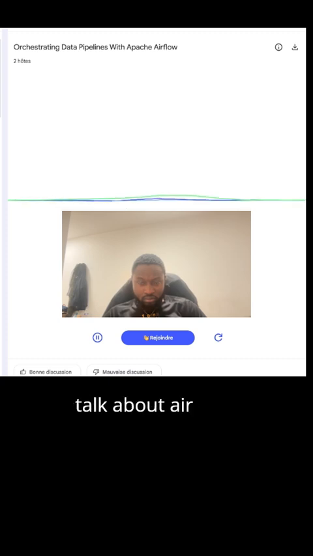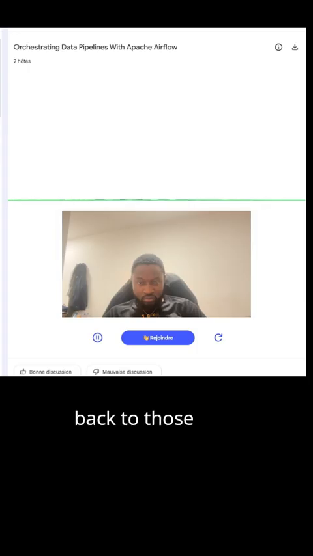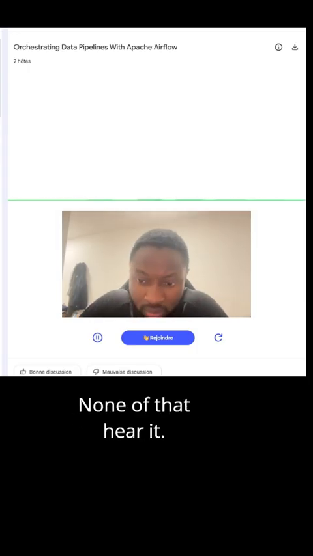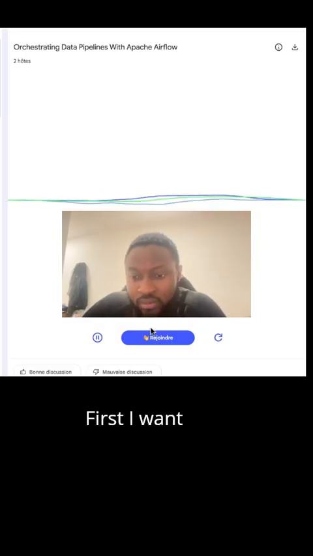That distinction between the scheduler and the executor is key for passing the certification. We'll keep reinforcing that delegation concept as we talk about Airflow's history. So let's get back to those before times.